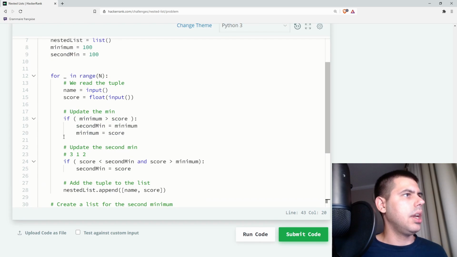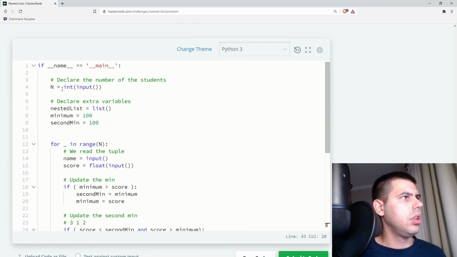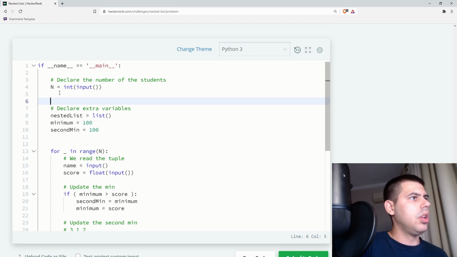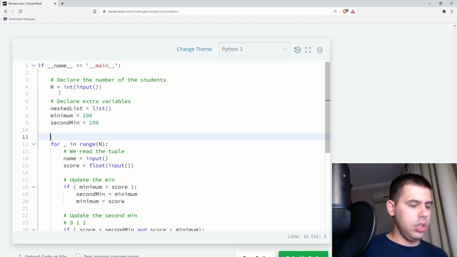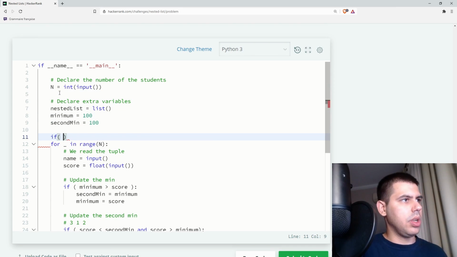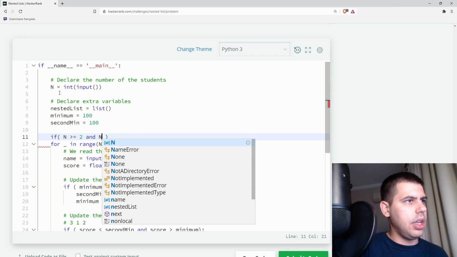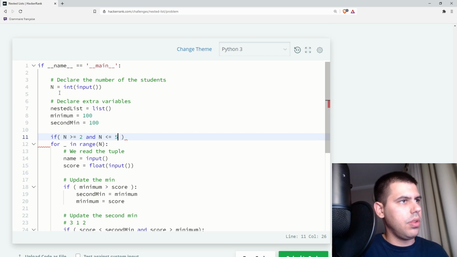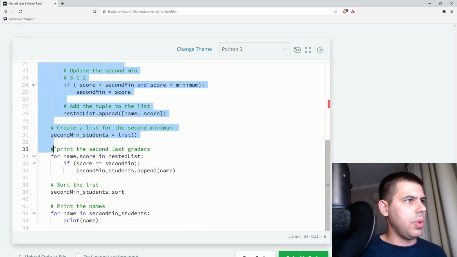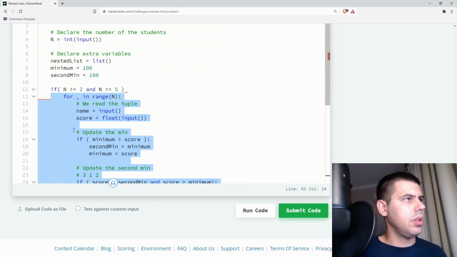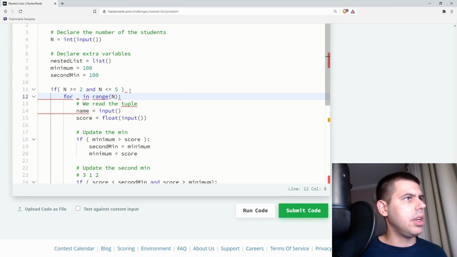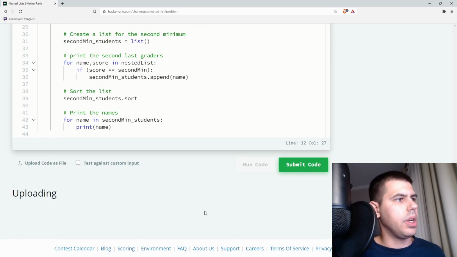Right here, we also need to include our constraints, which will be that n is greater or equal to 2 and n is less or equal to 5. We'll grab all this thing here and move it inside this if, and voila. And if we run the code,